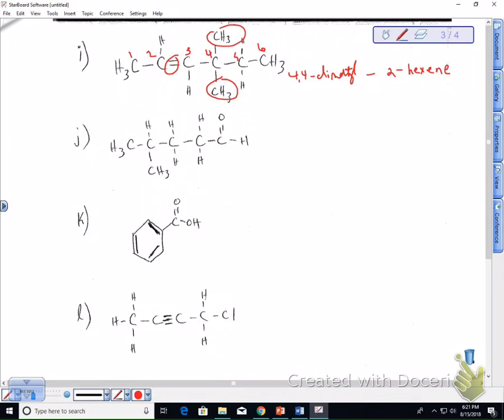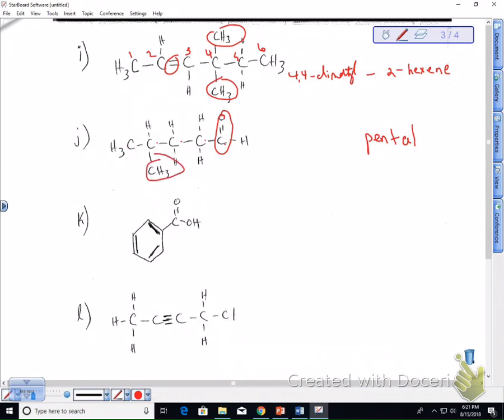All right, J. I see something a little different here. I have a functional group. I have oxygen in this compound. Do you recognize this? That is the aldehyde. So this is a little bit more complicated name. It's a little bit more than what I expect you to be able to do right now. Okay, so this is going to be a 1, 2, 3, 4, 5. So the longest chain containing the functional group is penta, and it's not an ol, it's not an ane, it's an aldehyde, so it's pentanal,